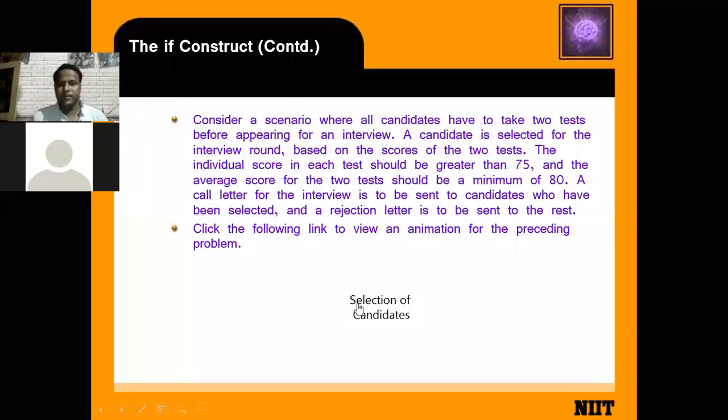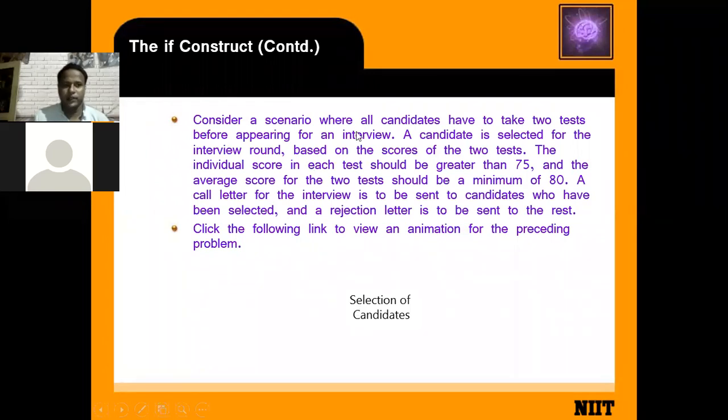Then next question. Consider a scenario where all the candidates have to take two tests before appearing for an interview. A candidate is selected for the interview round based on the score of the two tests.